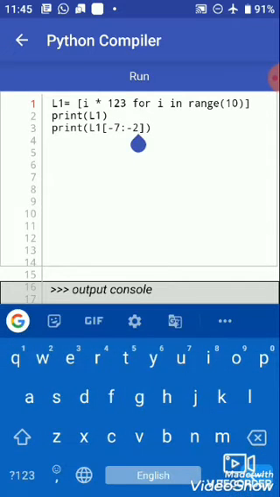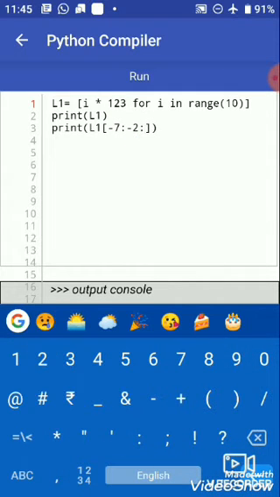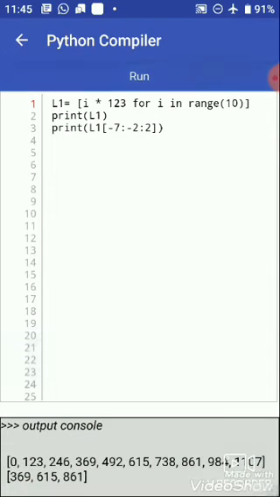And we can also use an increment. If we use a positive number and run the program, we get 369, 615, 861. So it goes from left to right.